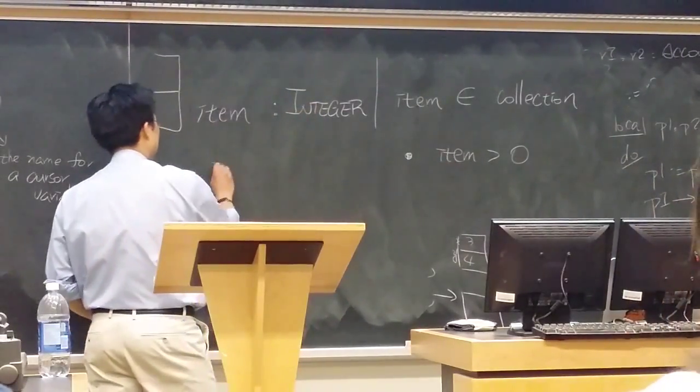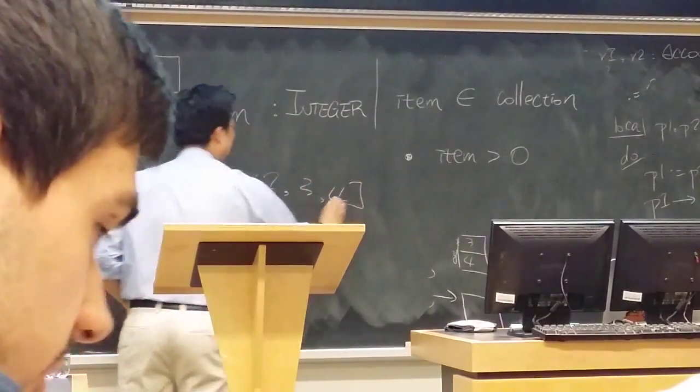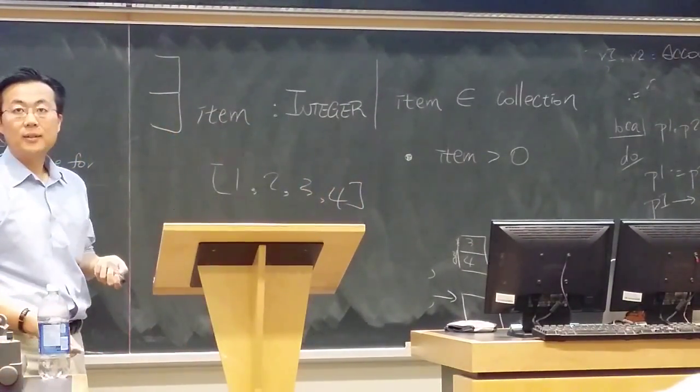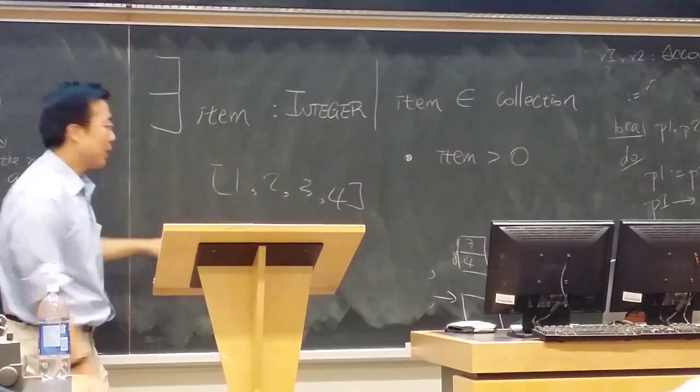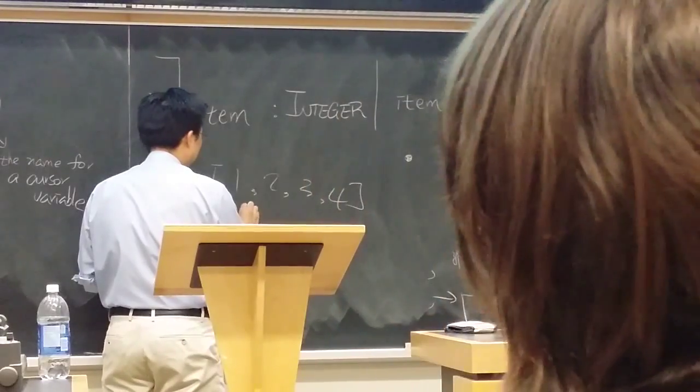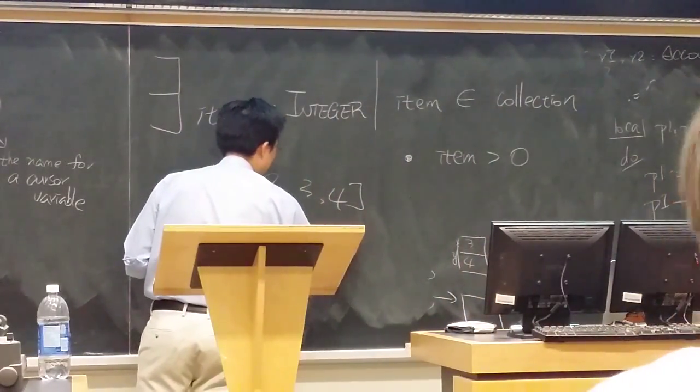So if you have the collection 1, 2, 3, 4, this will pass because you have at least one element greater than 0. And if you have 1, minus 3, minus 4, minus 5,